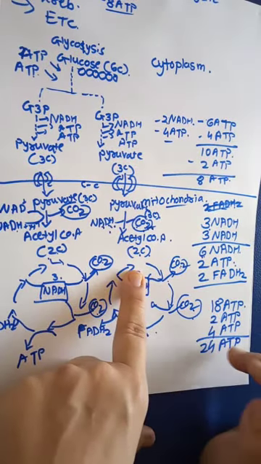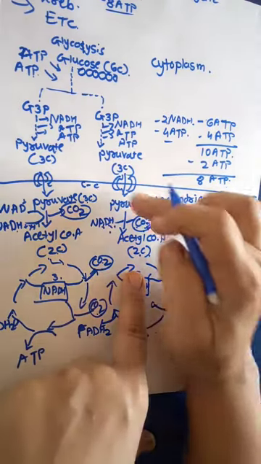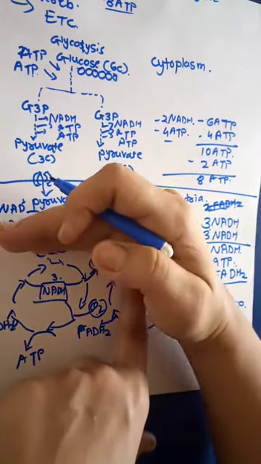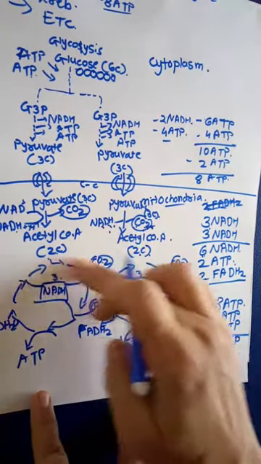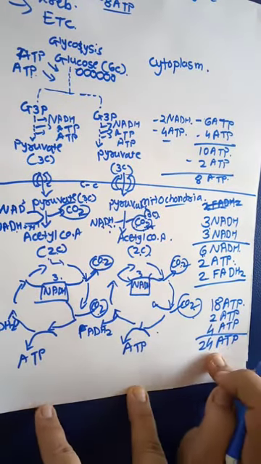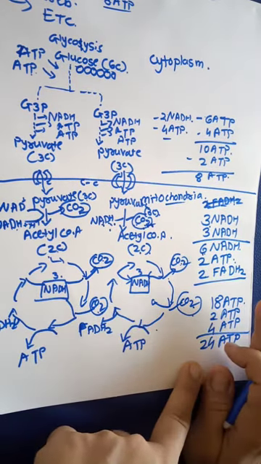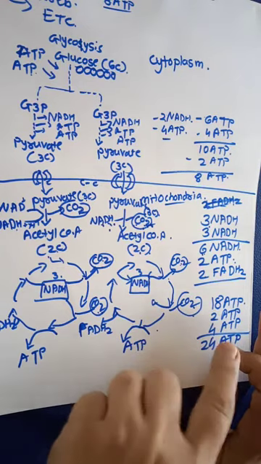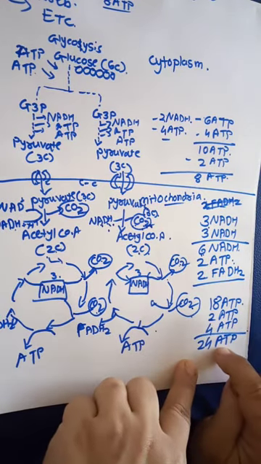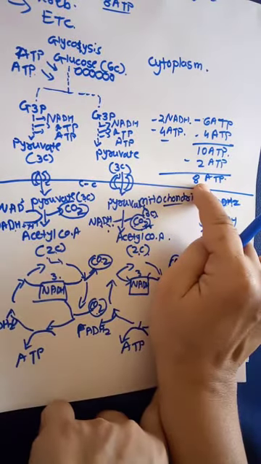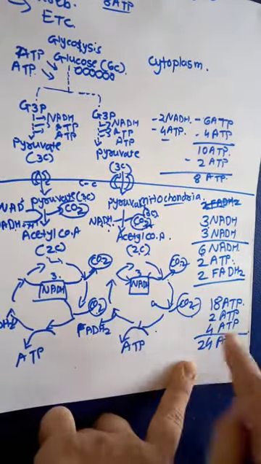So Krebs cycle does not include the conversion of pyruvate to acetyl CoA. That is another step. Krebs cycle means from here when acetyl CoA will enter, so 24 ATP molecules are generated via the Krebs cycle. When the questions in the MCQs ask only about the Krebs cycle, then you have to write 24 ATP. When they ask only about glycolysis, then you have to write 8 ATP. So glycolysis 8 ATP, Krebs cycle 24.